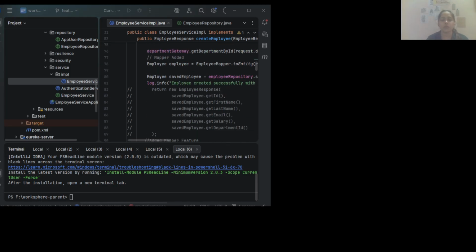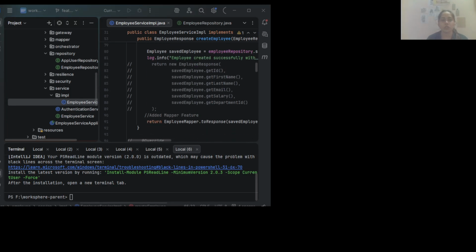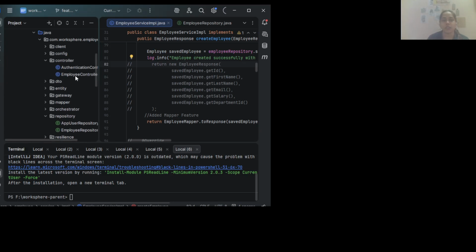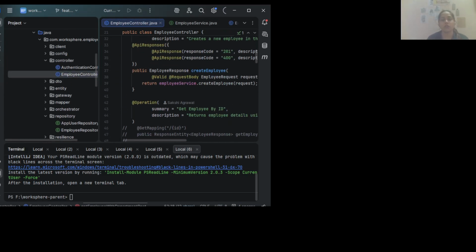Once it's done, the complete response created by the service layer through the business logic is sent back to the controller layer. Once the controller receives the response, it sends it back to the client. So every request follows the same path. By keeping the responsibilities separated, our application becomes easier to maintain and extend as it grows.